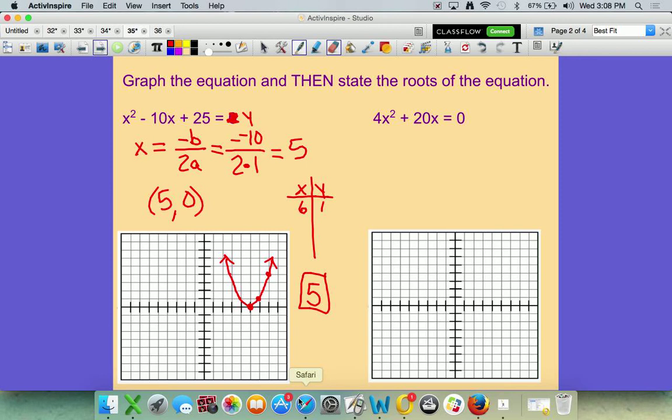If we go to our next one, we do the same thing. Let's make that a y. Then negative b over 2a. So negative 20 over 8. Simplify that down, we get negative 5 halves. Right, and then plugging that into the equation, we get 4 times negative 5 halves squared plus 20 times negative 5 halves,